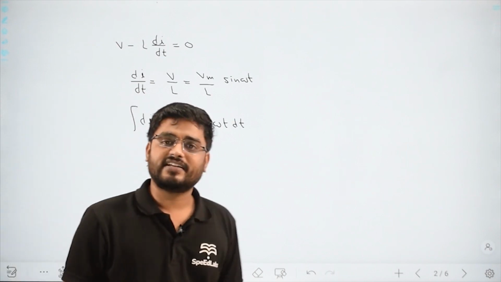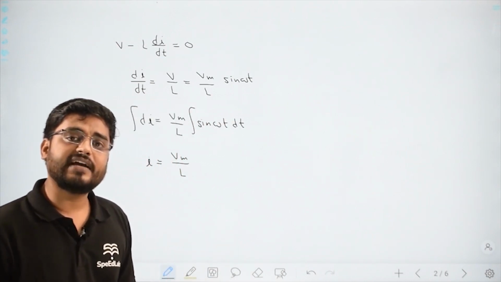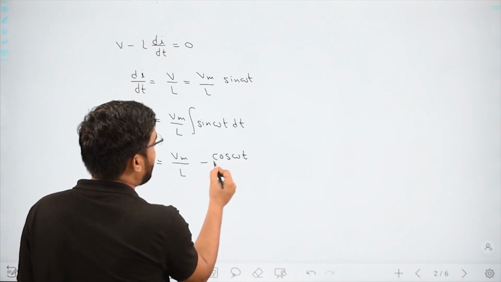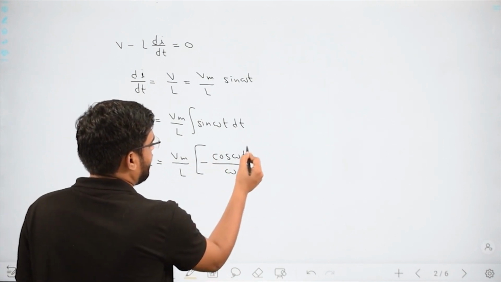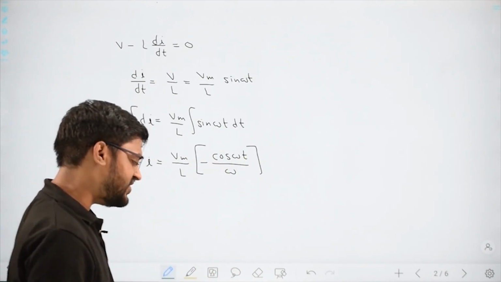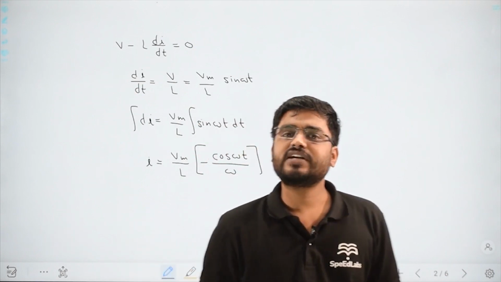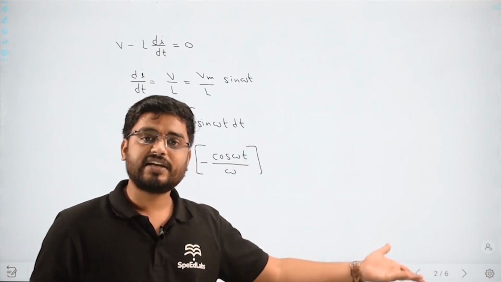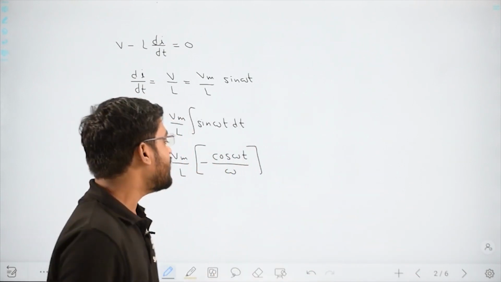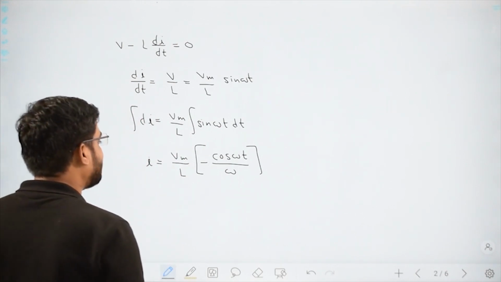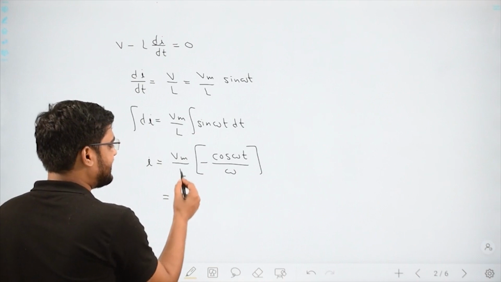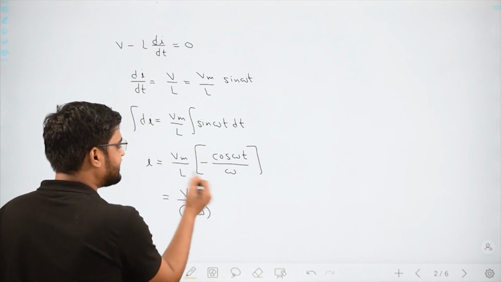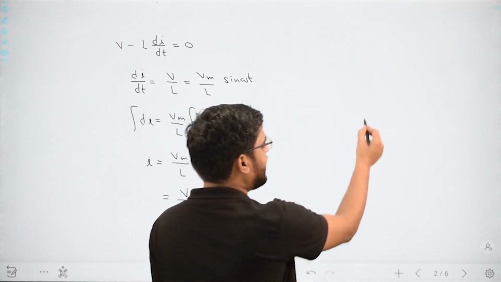The integration of sin omega t, what is the integration of sin? Minus cos theta, right? So it is minus cos omega t by omega. From here, I am changing its form slightly. Why am I changing it? The voltage given to us was Vm sin omega t. We want current also to be something Im sin of omega t plus or minus something, right? To get the proper phase difference, we want to make that form, and for that I am slightly changing it. This is my Vm by L omega. This omega is coming here, and the minus cos omega t. We know that.